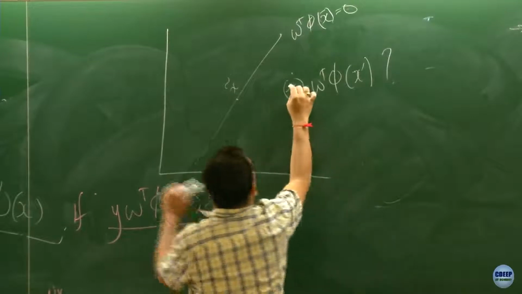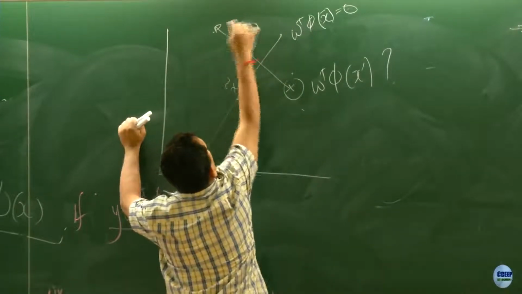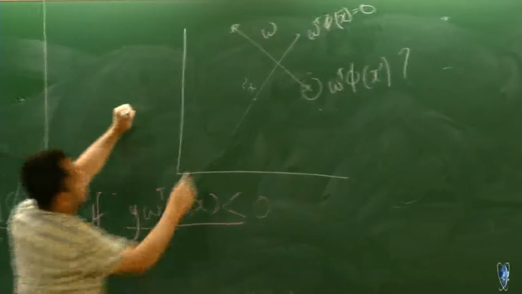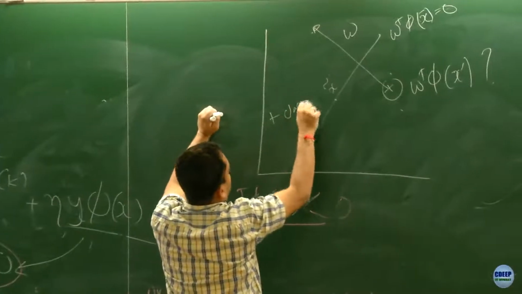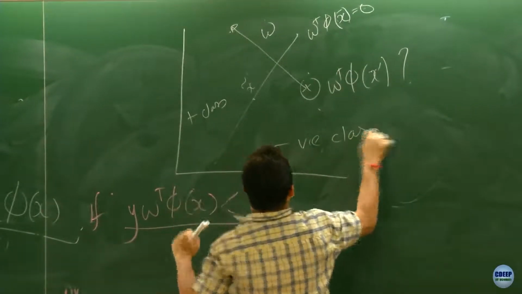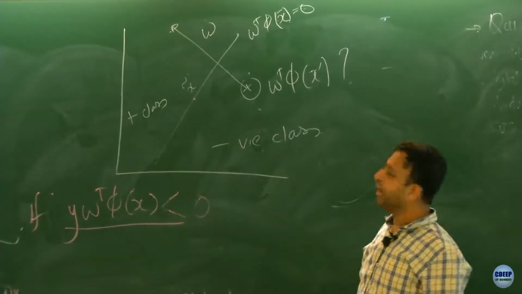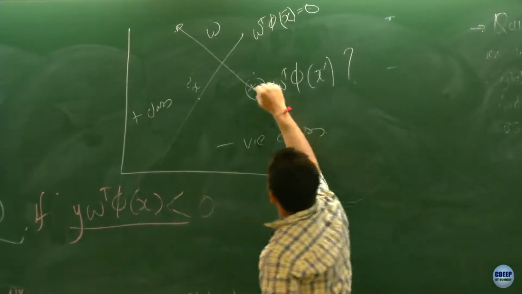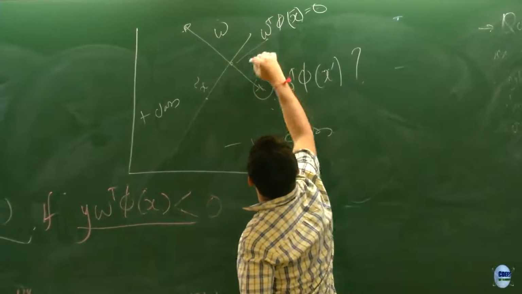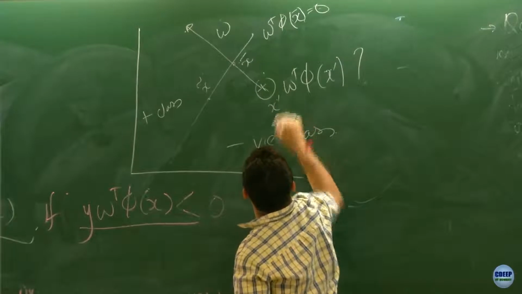So now what is my interpretation of W? It is this perpendicular pointing towards the positive class. This is a positive class, this is a negative class. Okay, and now if this is the point x bar, this is the point x prime,